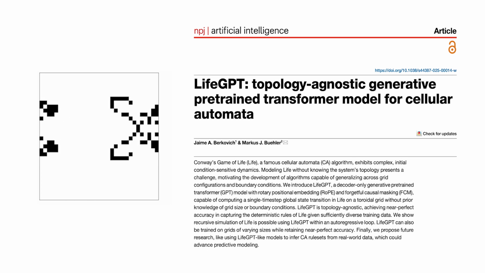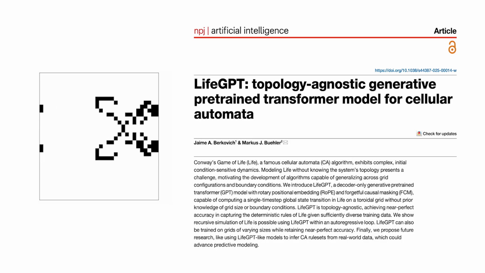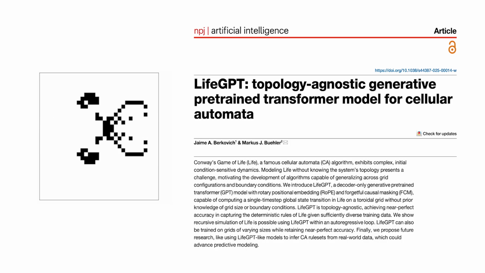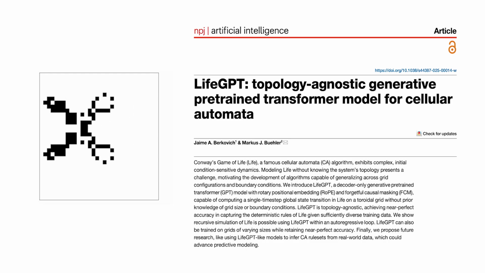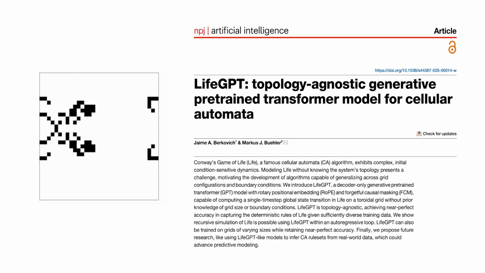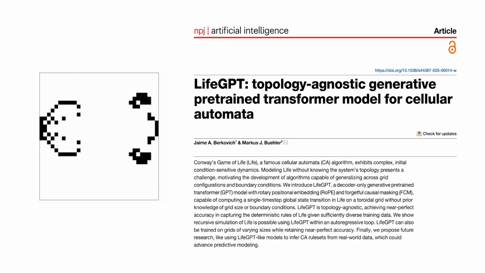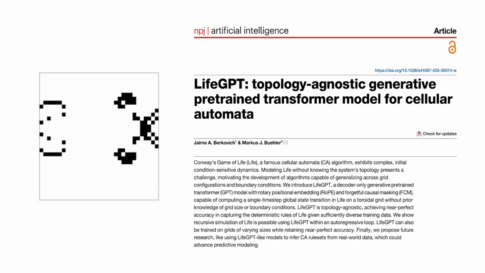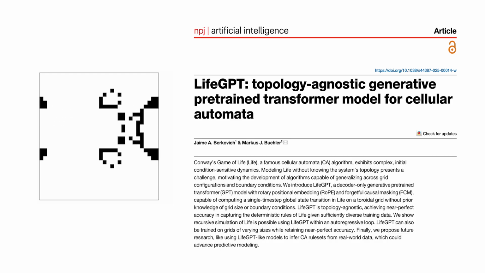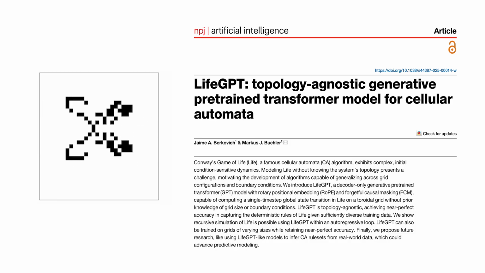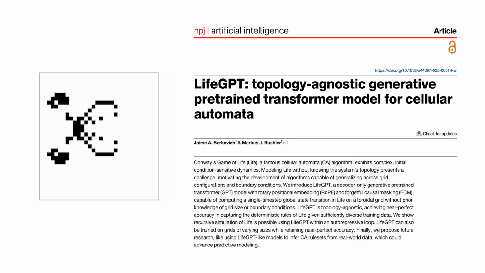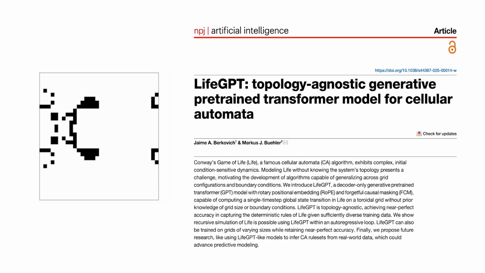There's another subtle piece: how the data was prepared. Because transformers consume sequences, the 32 by 32 board was flattened into a line. That could have been a problem because two cells that are neighbors in 2D might be far apart in the 1D sequence. But attention doesn't care about distance in the line. It can connect any two positions. That's part of why using a transformer makes sense despite the mismatch in geometry.